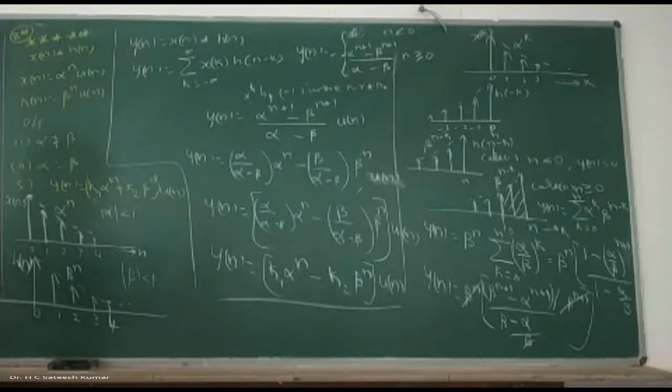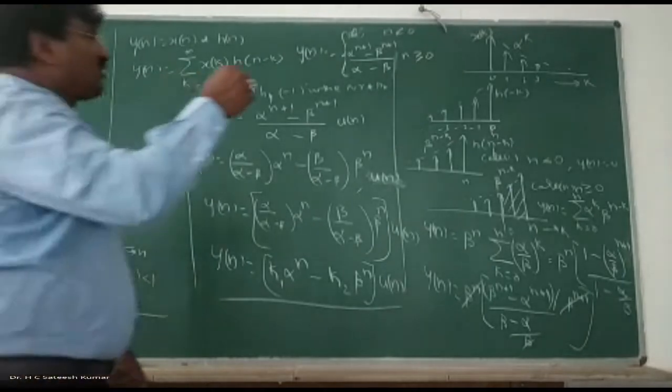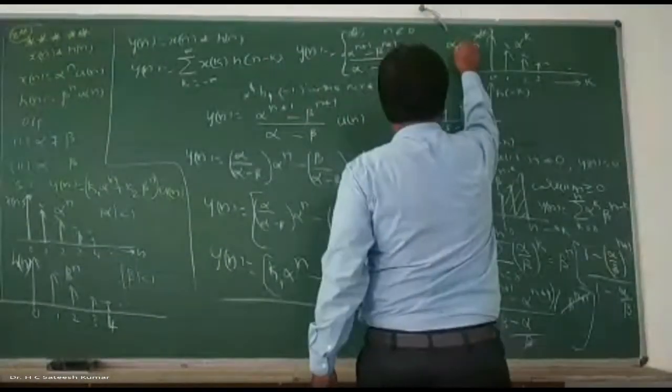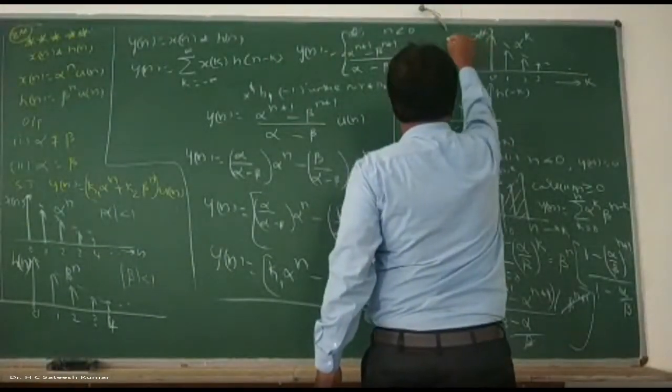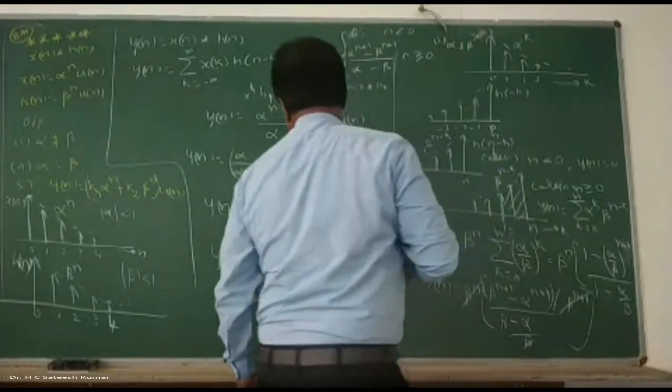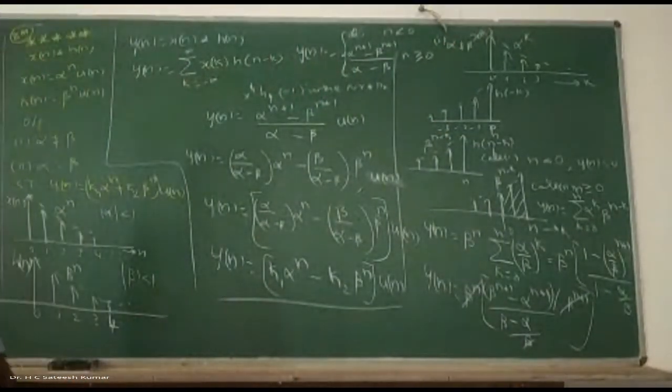So another examination problem we have here. Find the step response. The question is find the, and okay, one more part is there. Sorry. One more part is evaluate the output response for when alpha is not equal to beta. Alpha not equal to beta, first case. Second case, when alpha is equal to beta, what will happen? Okay. When alpha is equal to beta, right?